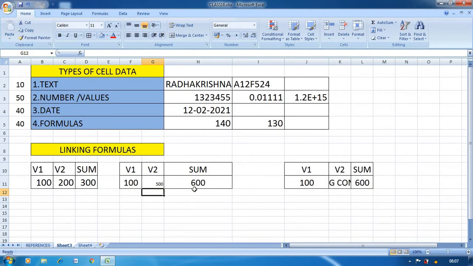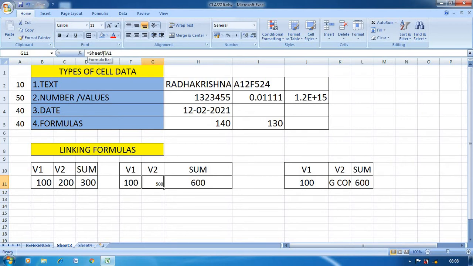Enter, it automatically changes to 600. So the 100 value is here, and when I click on it, it shows 100, but if I click on V2, instead of 500 it will show sheet 4 exclamatory A1.